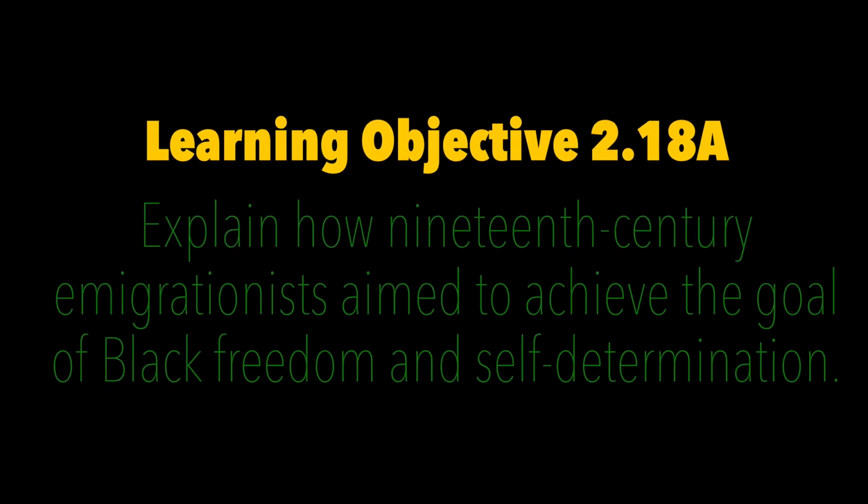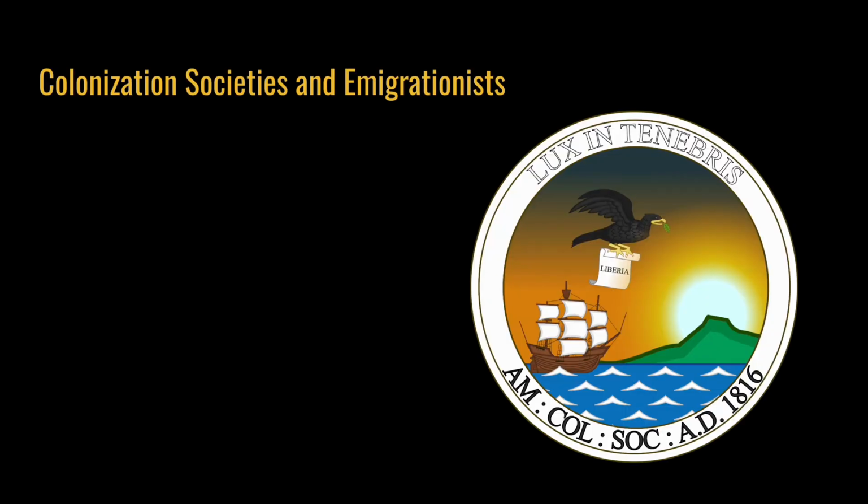The first of two learning objectives is to explain how 19th century immigration aimed to achieve the goal of Black freedom and self-determination. Immigration is sometimes also called part of the colonization movement and wanted to transport free Blacks in the United States to other parts of the world where slavery was not practiced to slowly do away with the institution of slavery